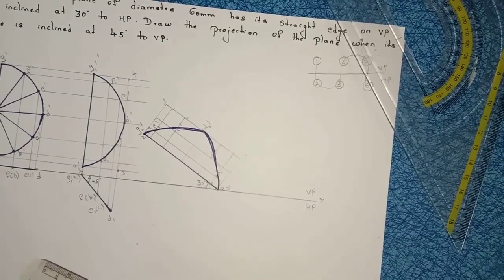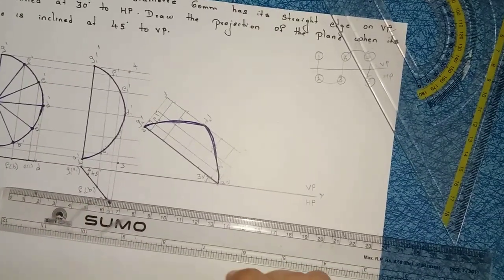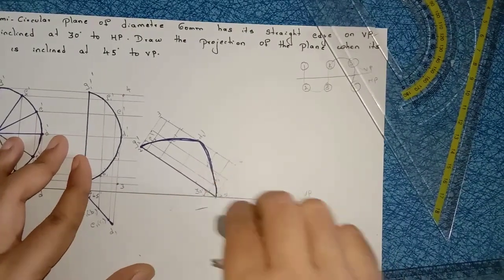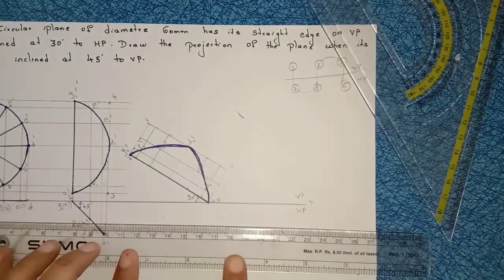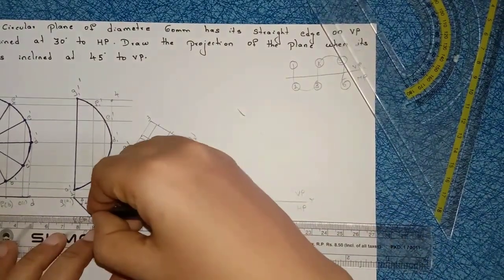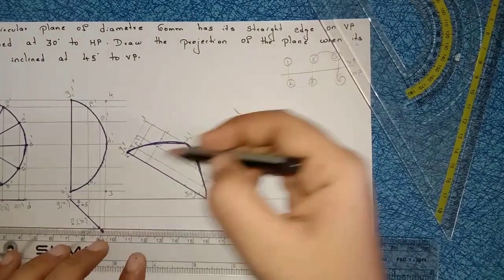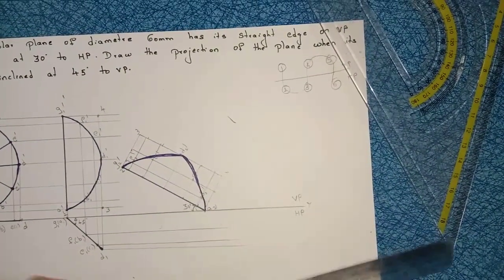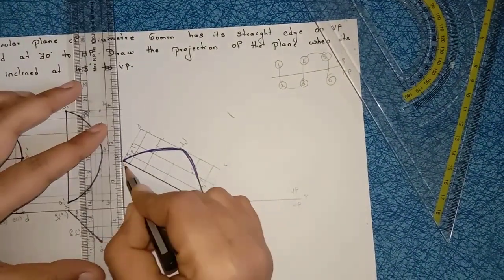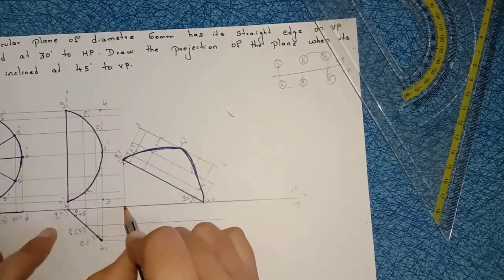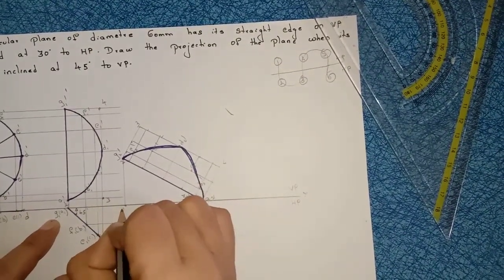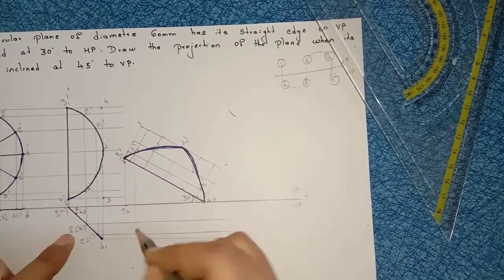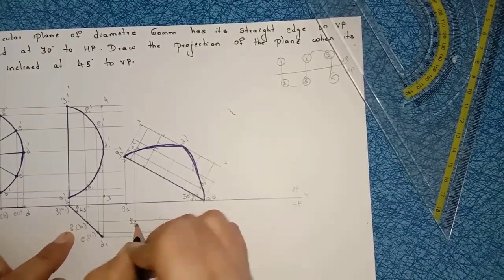Right, now after constructing that, what we have to do, from all the points you should draw the projection lines. Right, so from F of B you should draw the projection line. From E of C you should draw the projection line. From D you should draw the projection line. Right, so same process. First point is G. From G I will draw a perpendicular line till point G. I will name it as here G2. From F draw a perpendicular line till F point and write here this point is F2.